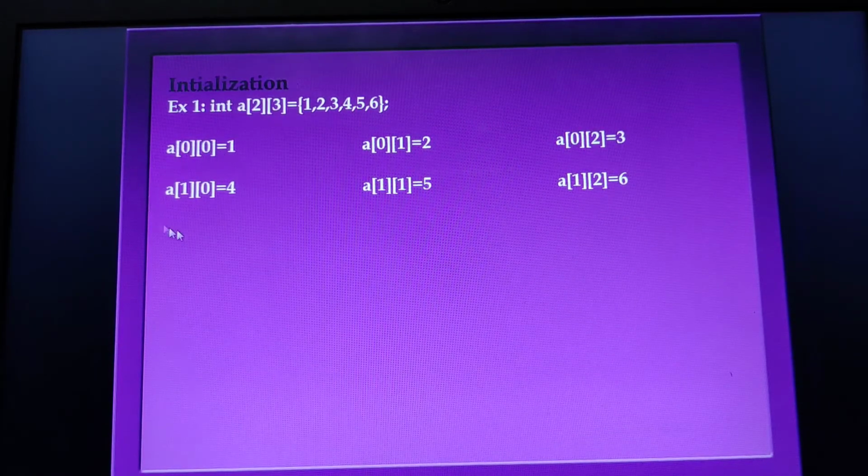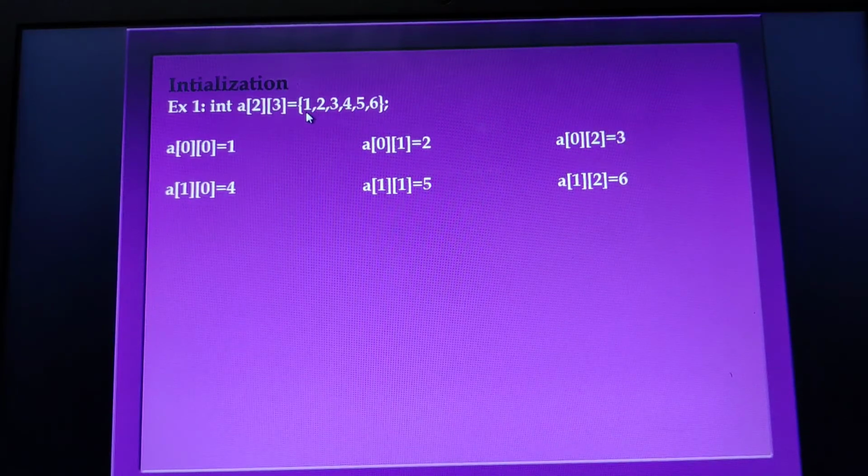So the main intention here is to tell that one for loop we are using to control the rows, and another for loop we are using to control the columns, because every time the positions will change. Now if you see the values here, in the curly brackets, since the order is 6, I have mentioned 6 elements.